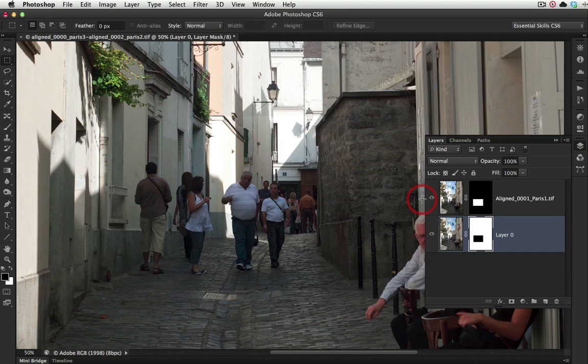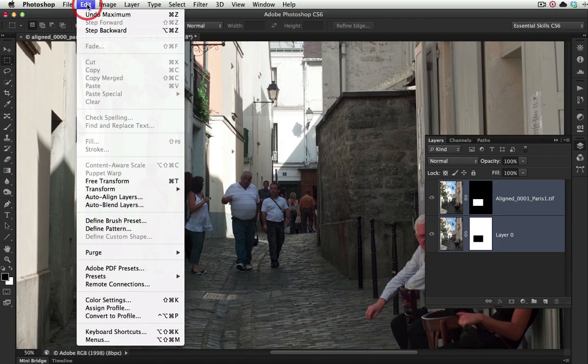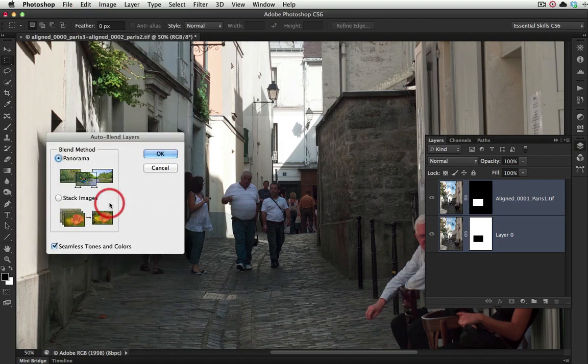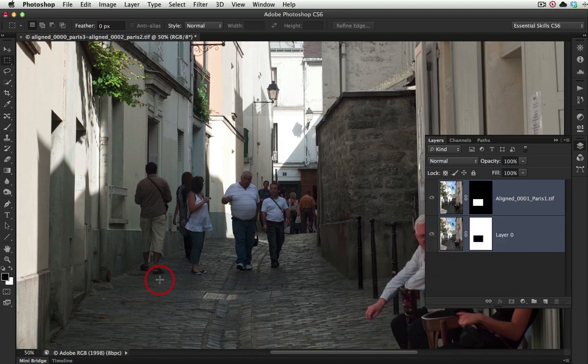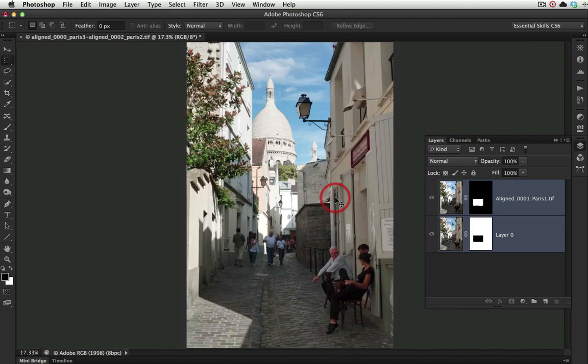Okay, and I'll select OK, and then holding down the Command key on a Mac or Control key on a PC, I'll select the top layer so that both layers are selected, and then from the Edit menu choose Auto-Blend Layers, and just the panorama option is fine, and we'll select OK. And Photoshop will now try to create a seamless transition between the two exposures on both layers, and it's done a remarkable job. So now if I just zoom out, you can see that we have an image with full tonal